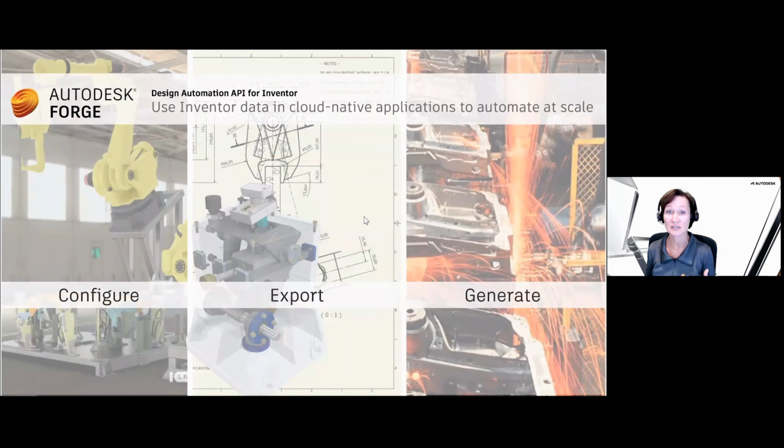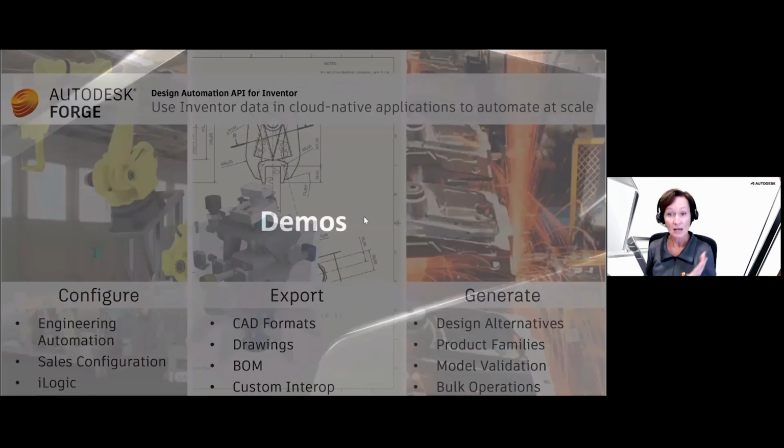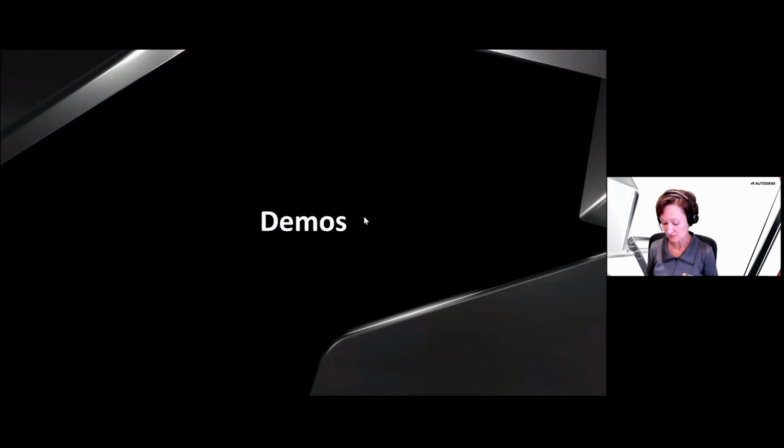Design automation is really flexible. You can automate just about anything. And these are the key areas that we see partners and customers use to build their applications with design automation. But the most important thing, again, think about taking your CAD data and making it available outside of engineering. Spreading the value of the CAD data that you already have throughout your whole company, your whole ecosystem, making real use of it. Now let's see how our partners and customers actually do that.